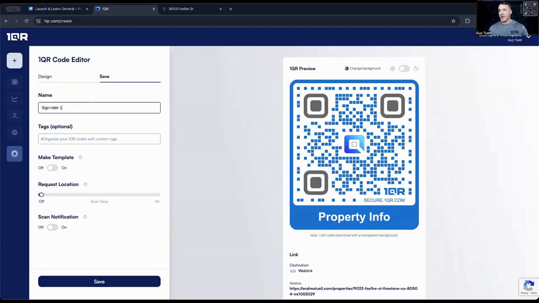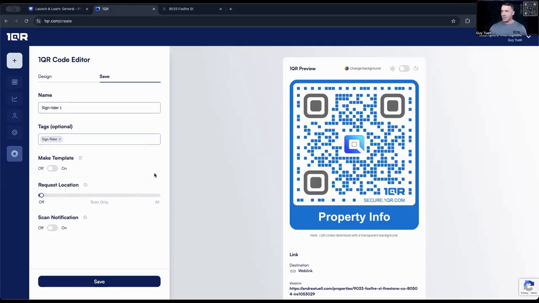And maybe this is for sign writer 1. I would highly encourage us to think about how many active listed properties we have. Maybe we have 1, maybe we have 100. There's an opportunity where we have a different QR code per sign writer, because when things change, I want to be able to make that destination of the QR code go to a different location. So I have sign writer 1, and I'm simply just going to tag it for my information.